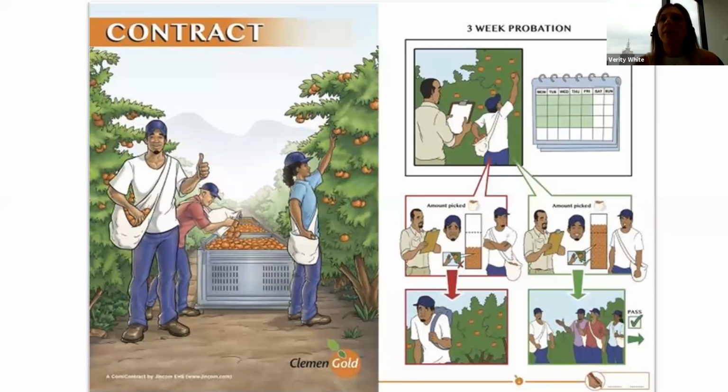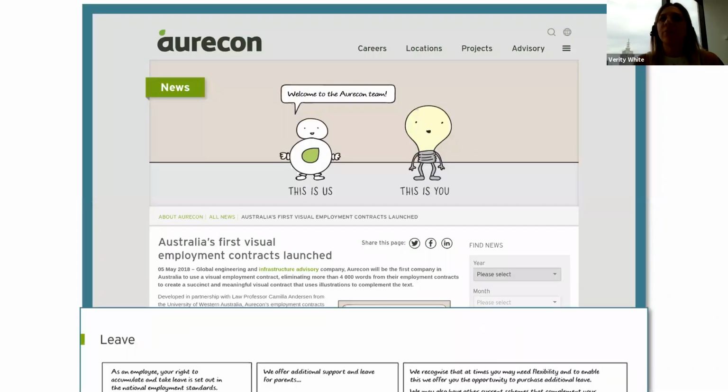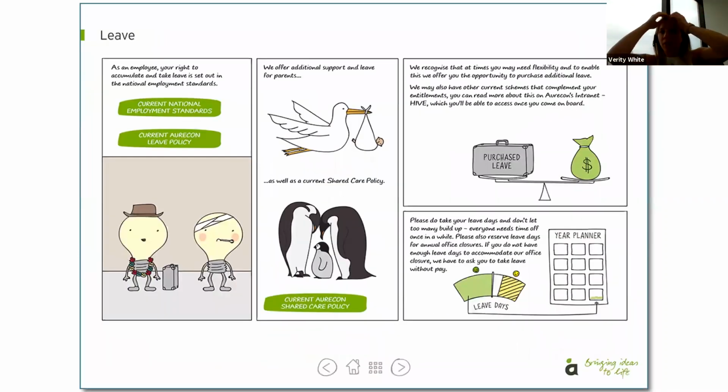And more importantly, I think the employees actually feel a lot more positive about the contract. They feel like they actually understand what their employer wants from them now. So it had really positive results from the employees as well. And a little closer to home, the amazing Oricon engineering group has this beautiful comic book contract that all